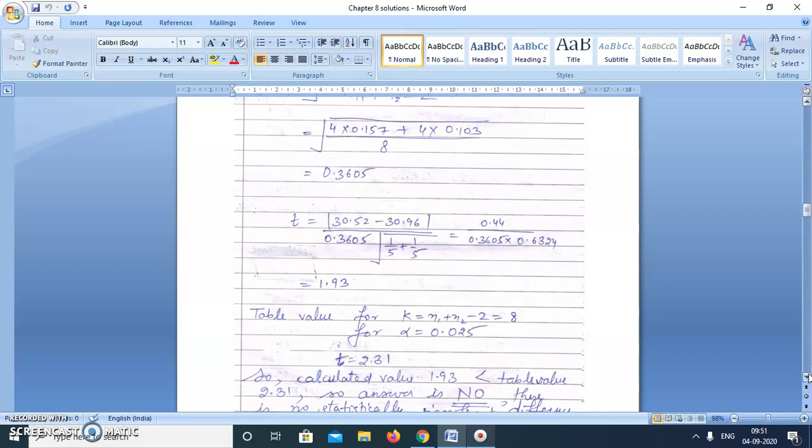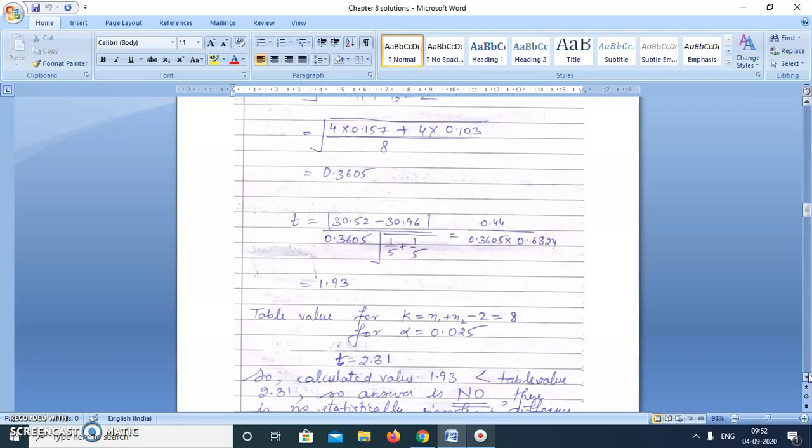In case of independent t-test, we'll take the value of k as n1 plus n2 minus 2, which is 8 in this question, and it is a double tail question because we are not concerned about one side of the lower or higher count. We are concerned about the difference between the counts. The question asked here is, were the frames spinning significantly different count? They haven't asked higher or lower, finer or coarser, whatever. So we'll take alpha is equal to 0.05 divided by 2 for two-tail test, and that is 0.025, and this is the table value 2.31.